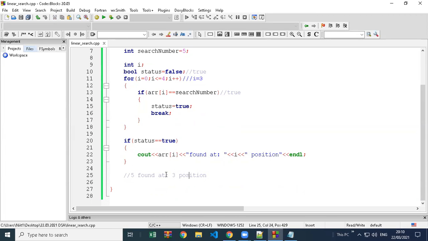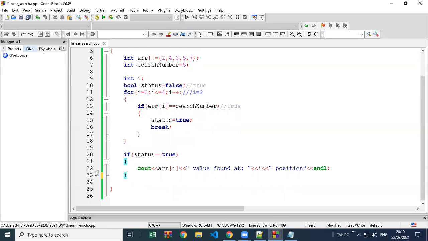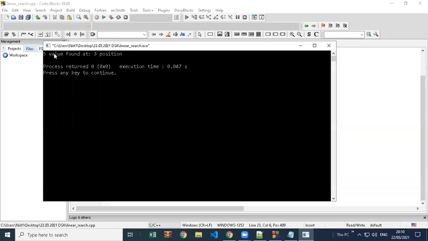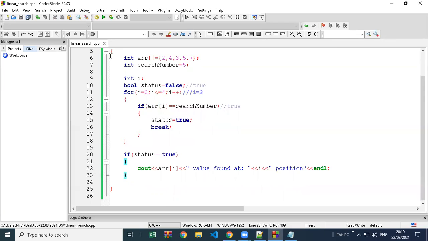So 5 found at 3 position, or you can write 5 value found at 3 position. If you run the code, we are expecting the same output. See, 5 value found at 3 position. Third position, you can add other options also. Currently just 5 found at 3 position.